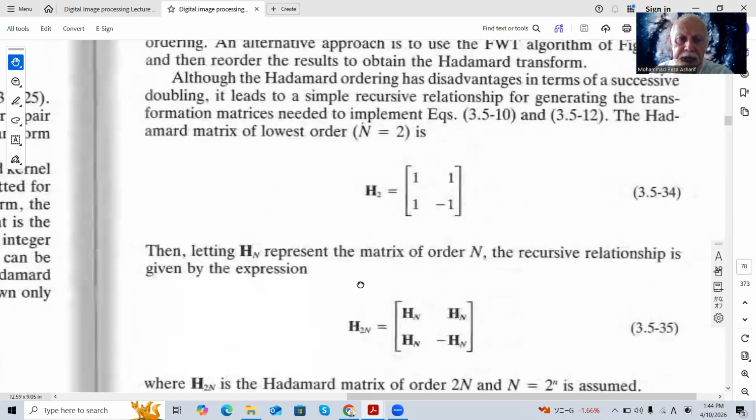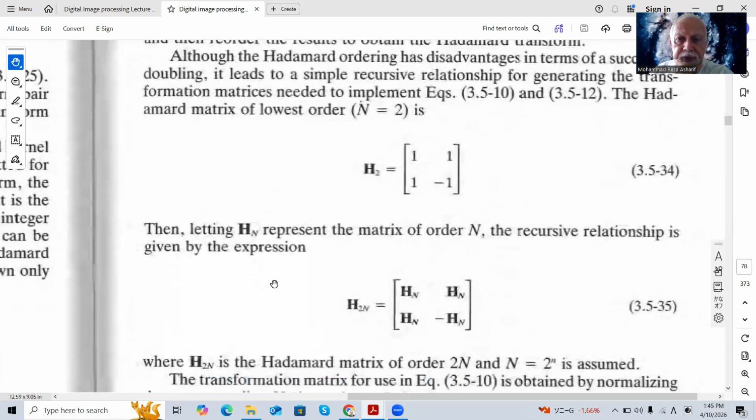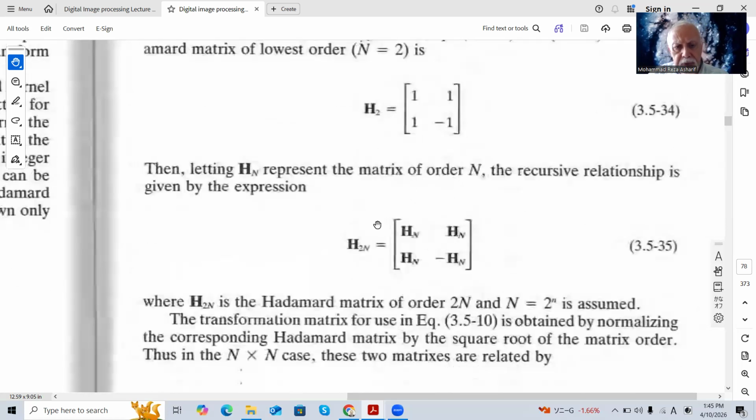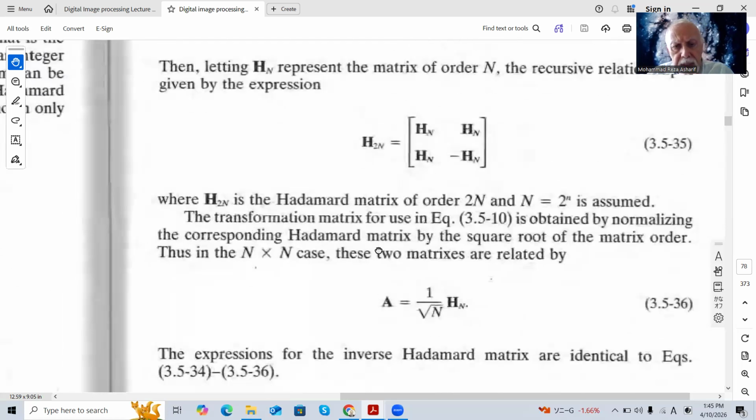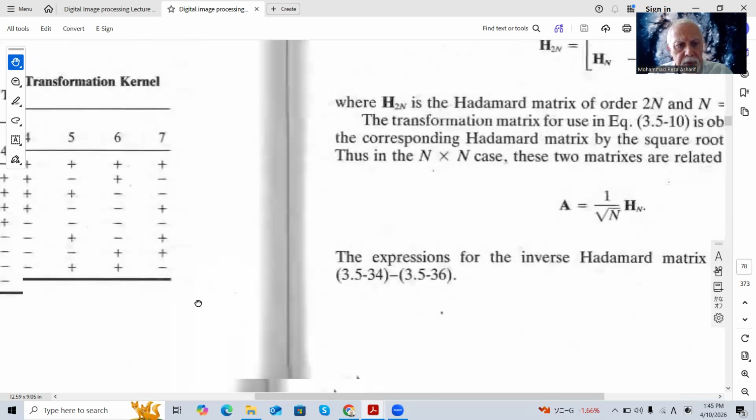H2n can be recursively obtained from Hn. So you put this here, this one, this one, and minus here. So from 2 to 4, 4 to 8, and so on, from n you can obtain 2n. So that would be the general form of the